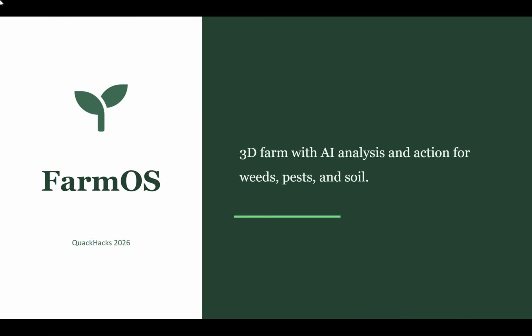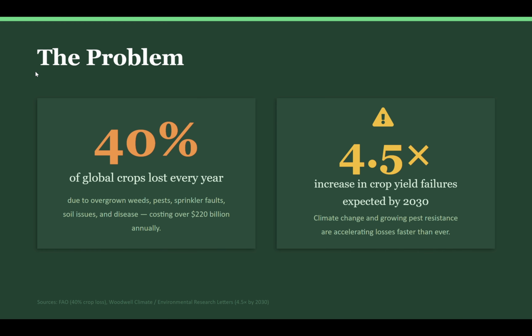This is FarmOS, a 3D farm with AI analysis and action for weeds, pests, and soil. So the problem. Every year, 40% of global crops are lost due to anomalies such as overgrown weeds, pests, sprinkler